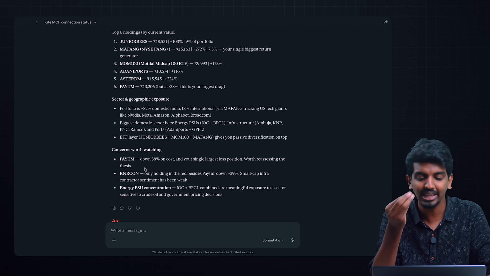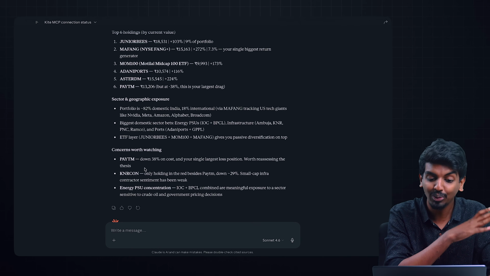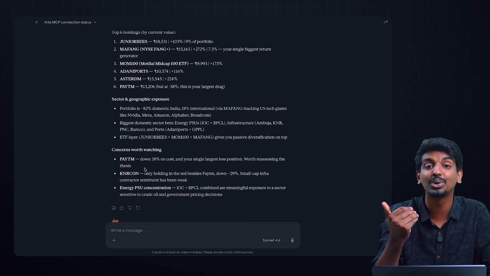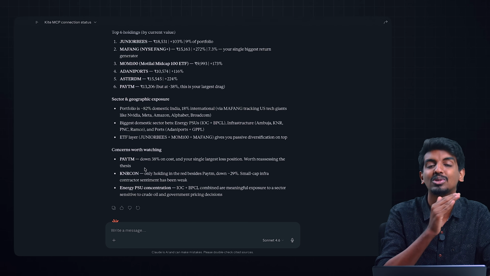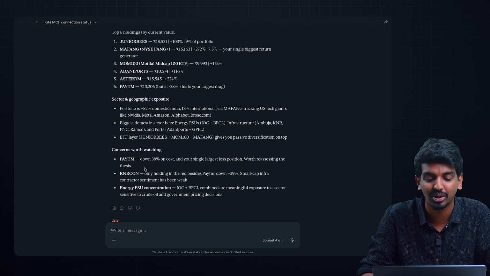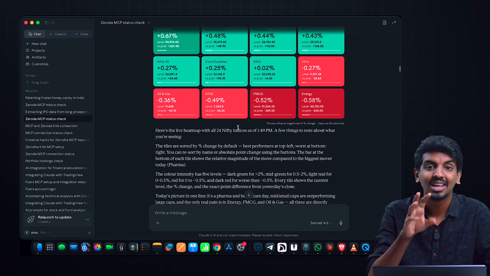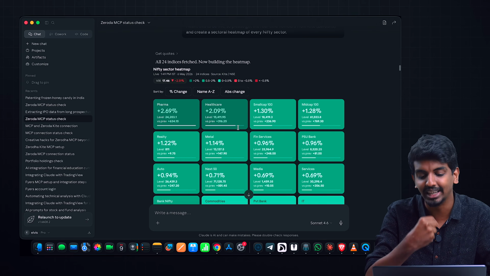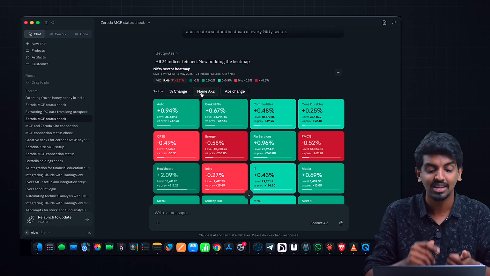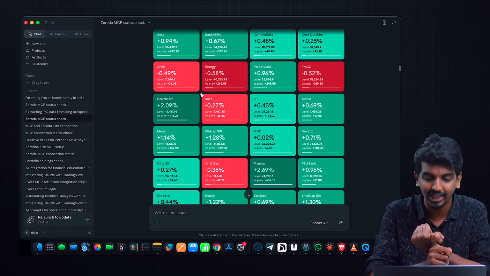But this is a very simple use case that I made for you. Now there are n number of use cases which you can explore on your own. Sample use cases also I'll share in the description down below. Now this is a very simple use case that we built in 5 minutes that is going to help a friend in need. But I'll also show you another use case which is you building your own market summary dashboard,